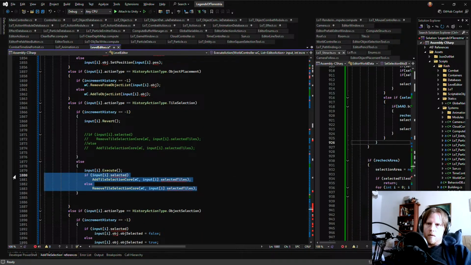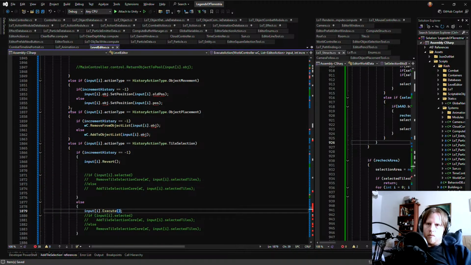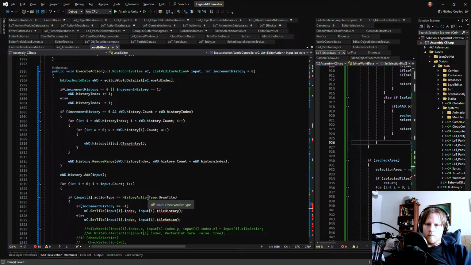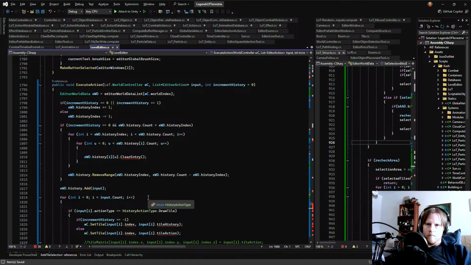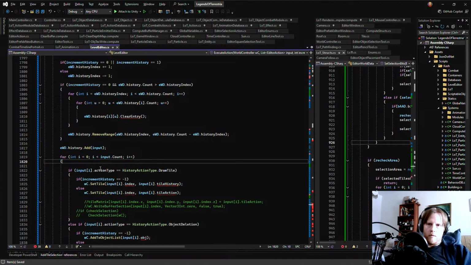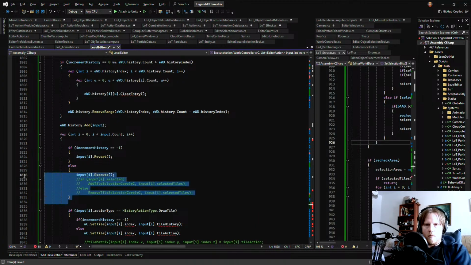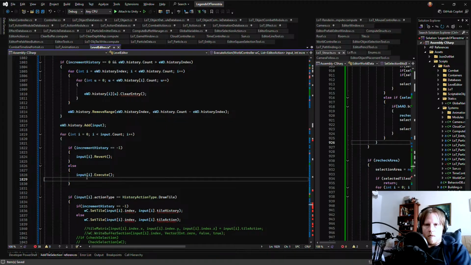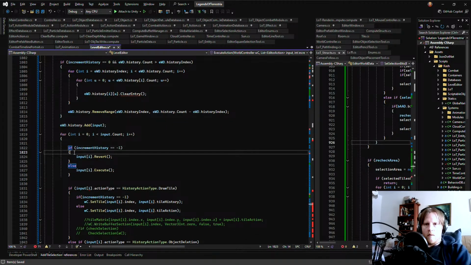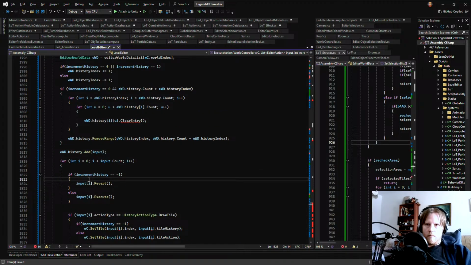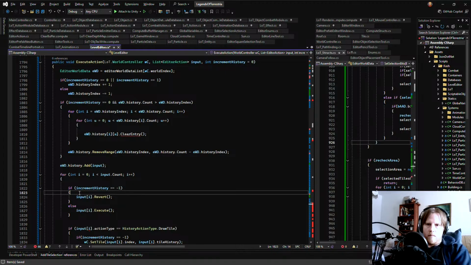And the reality is this is for tile selection, but none of these things, the else if, matter anymore. So it should be just like this. And that's it. Kind of. Yeah.